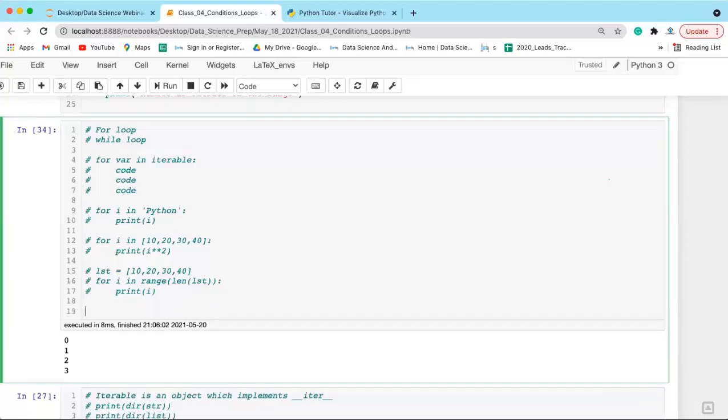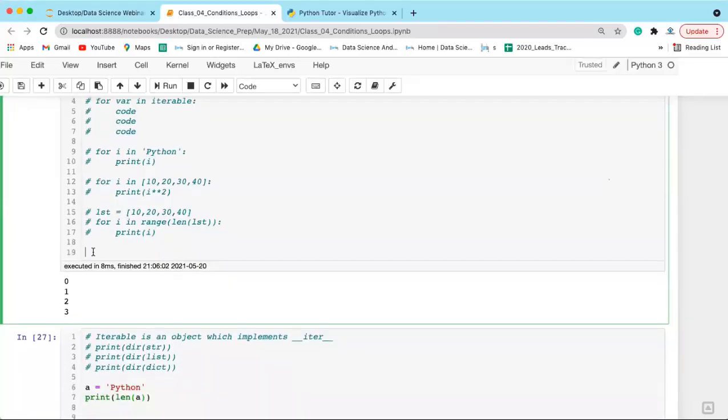Okay. Now, what I want you guys to do is find the sum of n natural numbers using a loop. Okay. So what this does is,